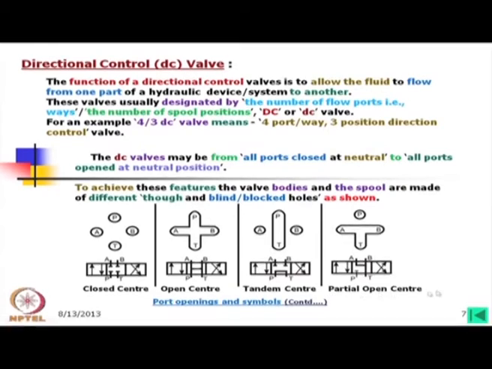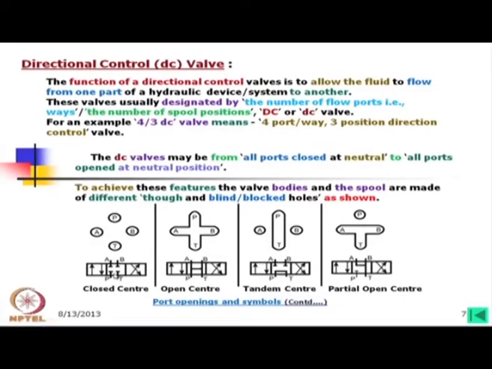And this one is the partial open center. In that case, only the pressure port remains closed at the neutral position, whereas the other 3 ports A, B and T are interconnected. Now, I have discussed a little bit about the use of such valves. For example, closed center is used where we would like to keep the oil always ready, and we do not want, when it is in idle conditions, the actuated portion to move in the opposite direction. That means the actuator is arrested at its position when the valve is at neutral.